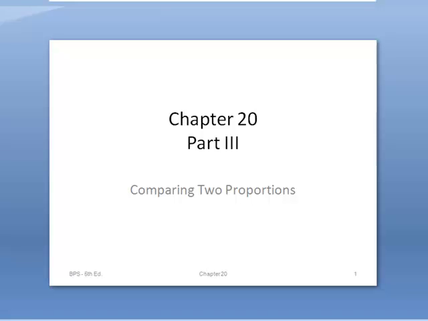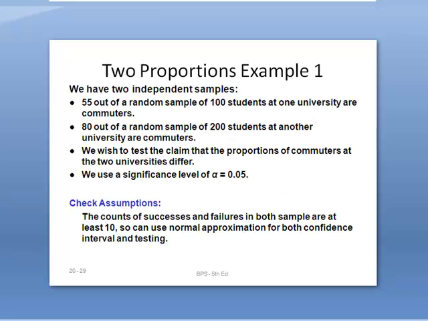Welcome back to Chapter 20, Part 3, where we're going to be doing more examples. We have two independent samples. 55 out of a random sample of 100 students at one university are commuters. 80 out of a random sample of 200 students at another university are commuters. We wish to test the claim that the proportion of commuters at the two universities differs at a 0.05 significance